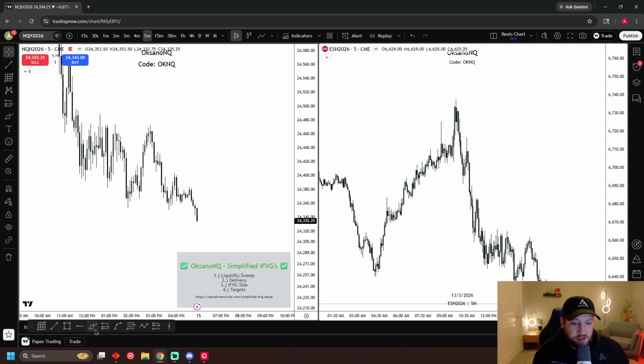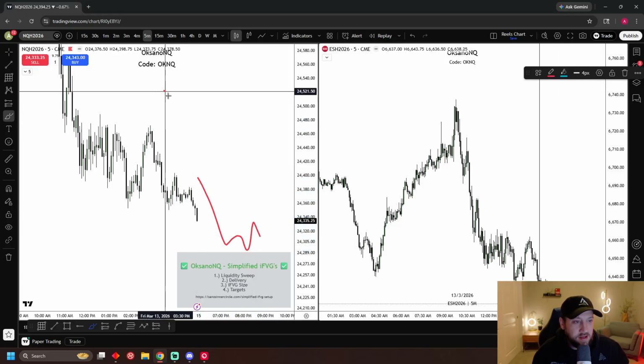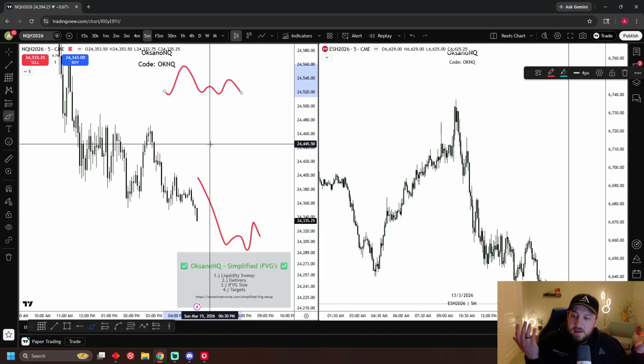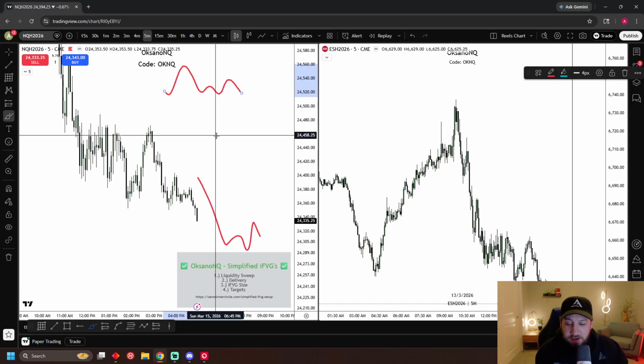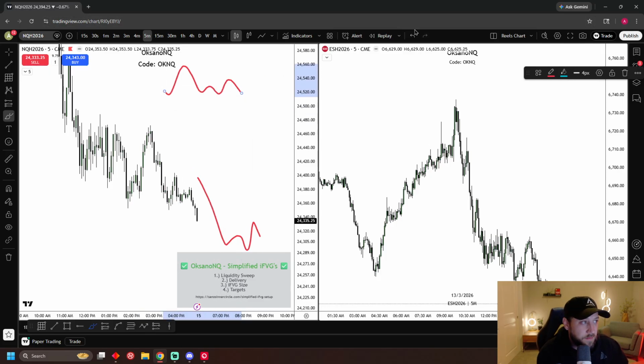Like if ES is way down here and NQ is way up here, it seems confusing, but for me it's not, because I'm just like, oh well, then we just don't trade it. We just literally don't trade it. So if NQ and ES are uncorrelated, avoid it.